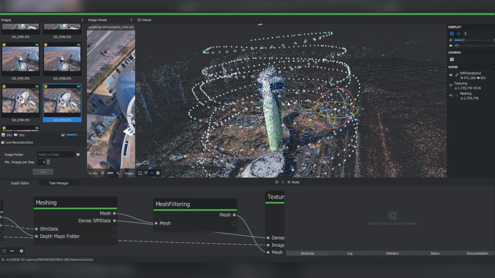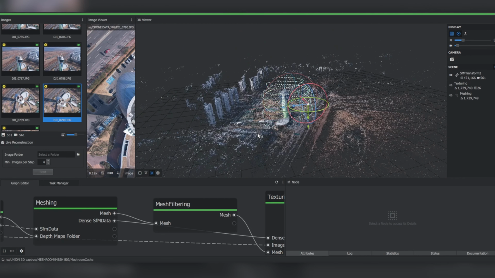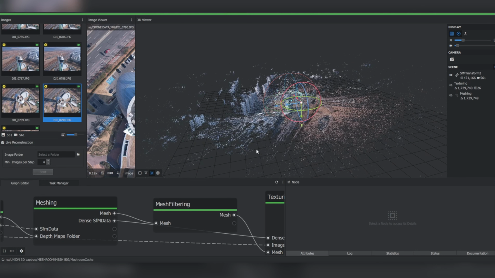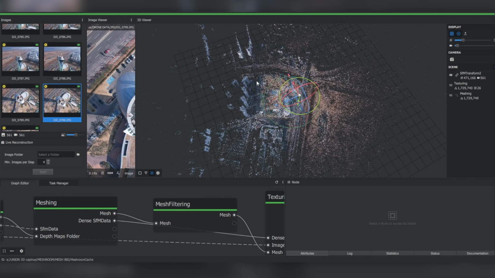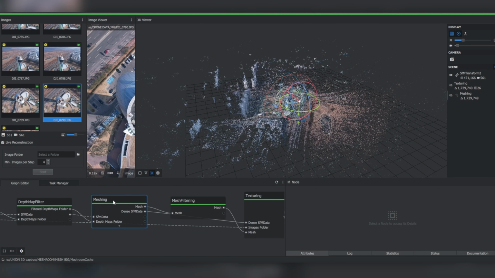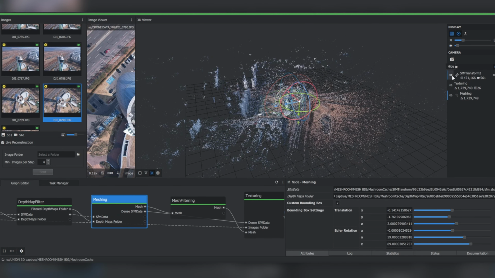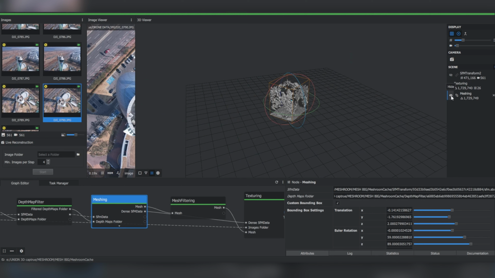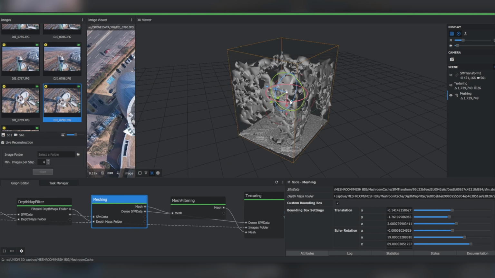But since you capture everything, you can see there is a lot of details right around the buildings. So you don't want to render something too far. You can select only the part you want to render by doing the mesh node. So I will show you what it means. I already